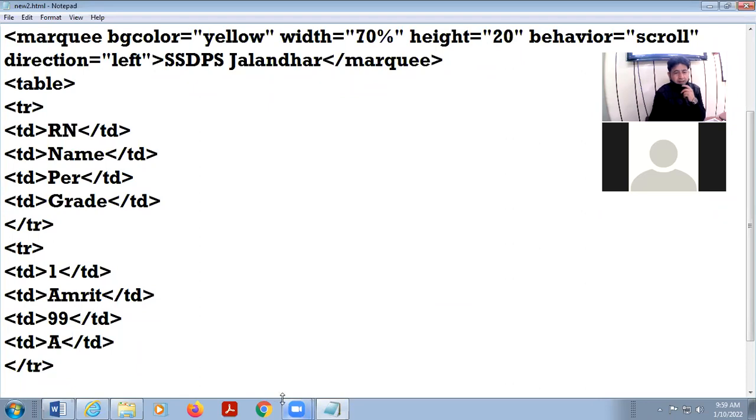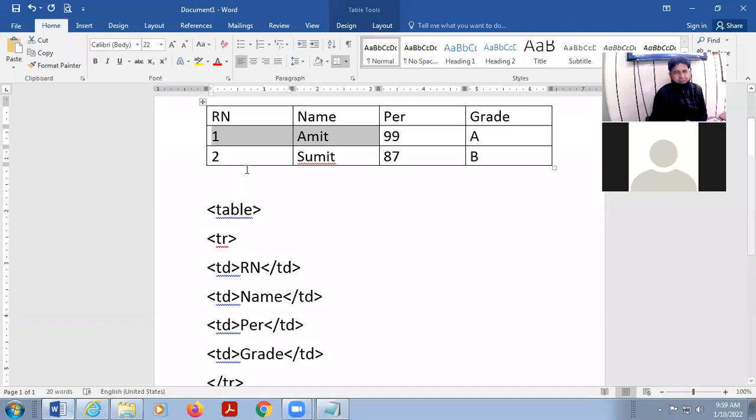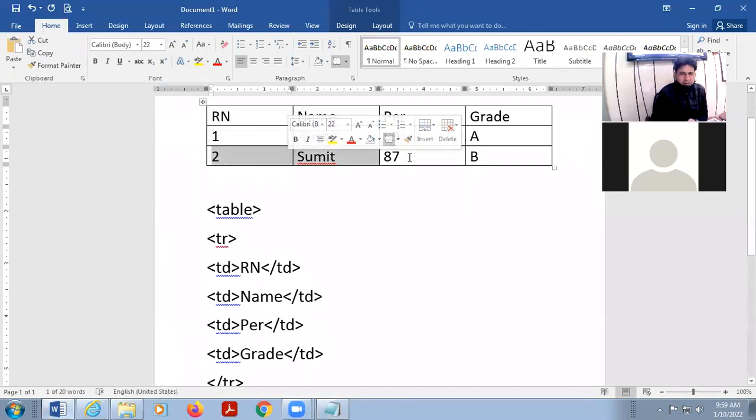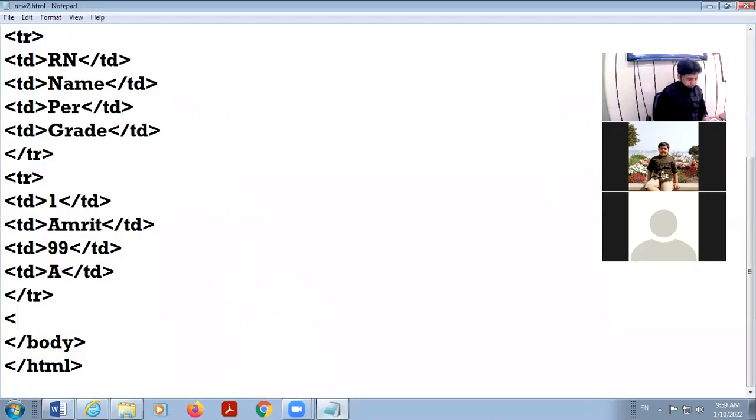Okay. Now my third row. In the third row, there is roll number 2, there is Sumit, 87, grade B. So 4 times I will use TD. So here, TR start again. Then TD, roll number 2 is there. Then TD, here is the name of the student, Sumit.